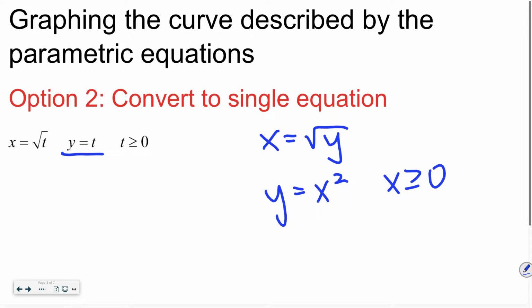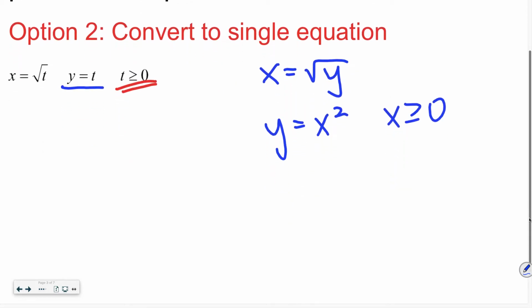Because you can set x squared equal to t, and because t is greater than or equal to 0, then x also has to be greater than or equal to 0. Okay, we have to go back to our original domain. We cannot plug in any negative values for t, which means we're not going to have any negative values for x either. So when we graph this set of parametric equations,